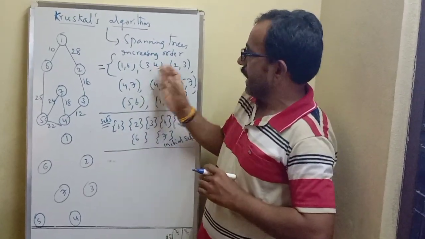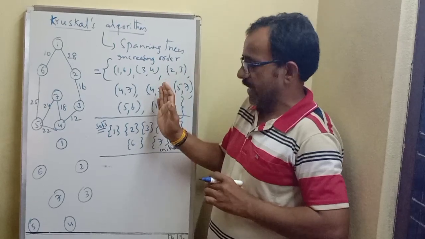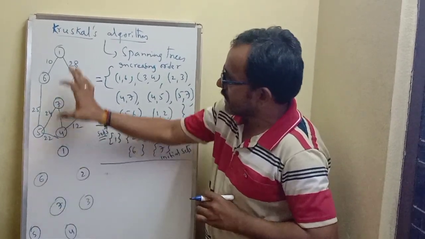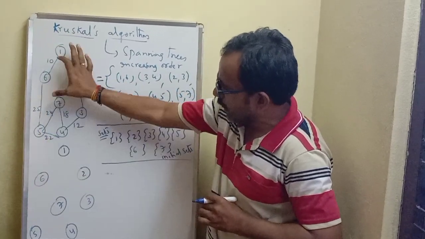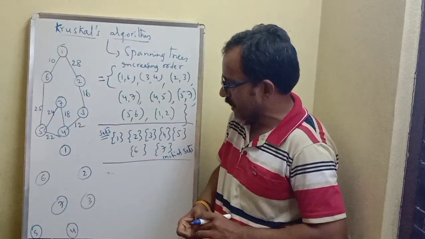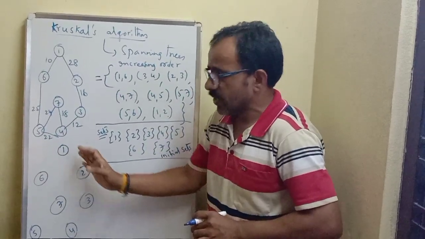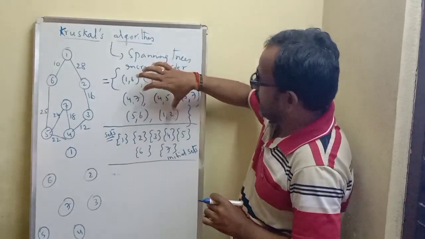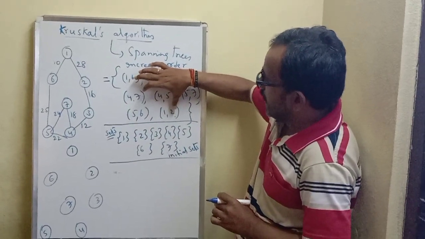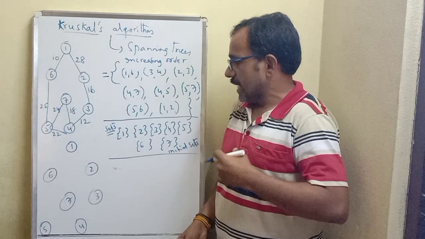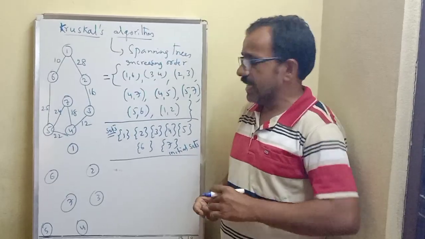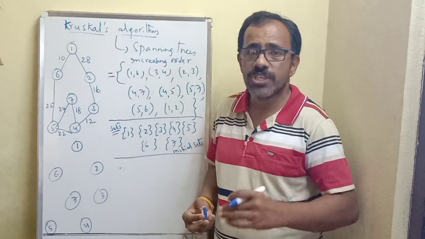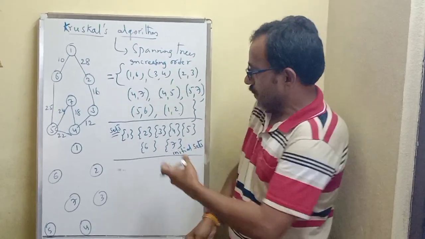After constructing the edge set in increasing order of edge weights, now take the spanning tree without any connections. Just take all the nodes individually without making any connections. We treat it as a forest, so initially the spanning tree is in the form of a forest. This is the forest, and this is the set of all edges in increasing order of weight. Whenever you want to include an edge, we need to verify whether including that particular edge forms a cycle or not.